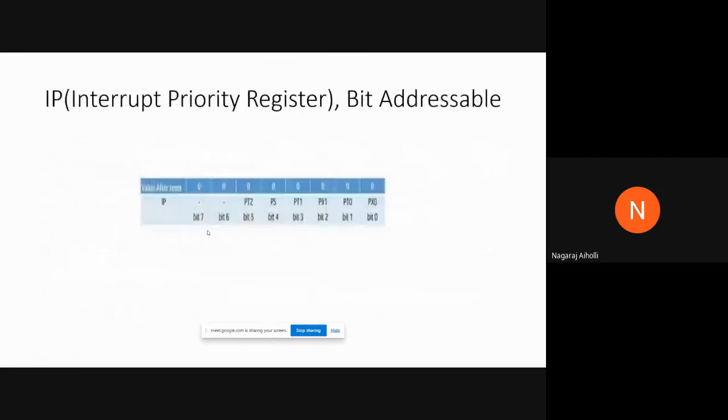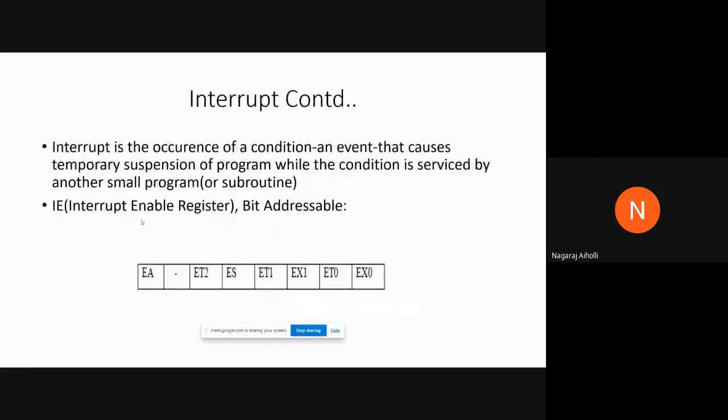We have to look at the structure of the IE register. This is the interrupt enable register. The enable all bit is 1. Then 1 0 0 0, the remaining 3 bits are 0. Then 0 0 1 0. Here they have asked to use timer 0 interrupt, so the remaining bits are 0 except this ET0. So it will be 1 0 0 0, then 0 0 1 0. So it is 82 hex in the interrupt enable register.